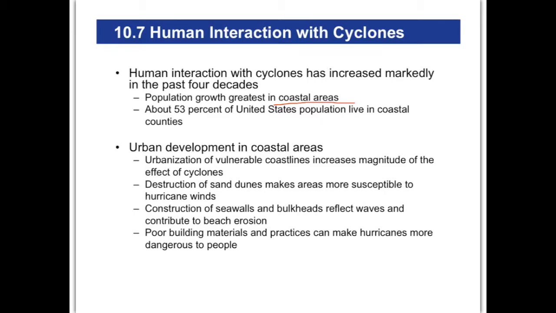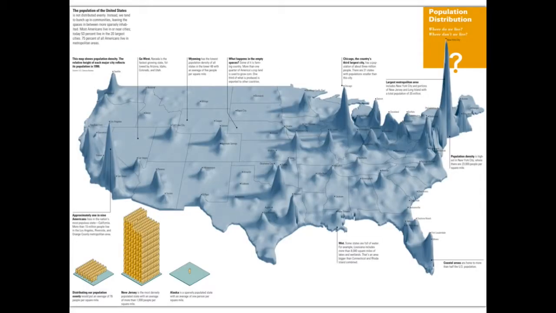So there's a huge, huge population density in coastal areas, especially in the United States. Take a look at this next map right here. This is not in your notes, but I found this, and it's kind of a neat infographic. All these spikes right here are areas of population density. And you see here in New York City, that's this big tall one right here,